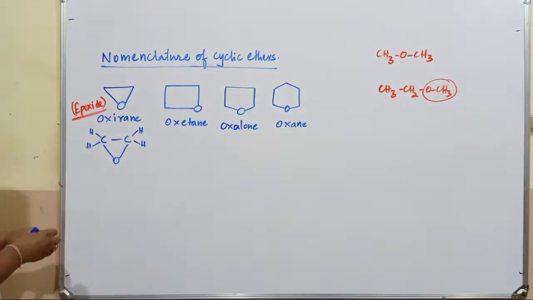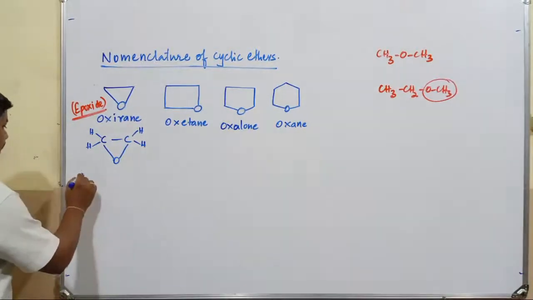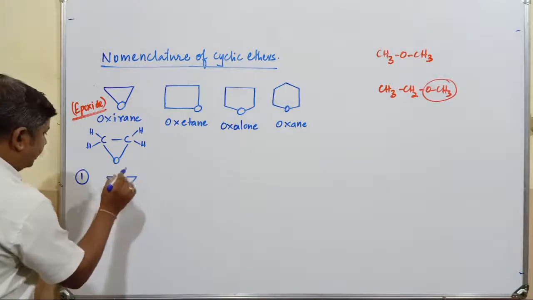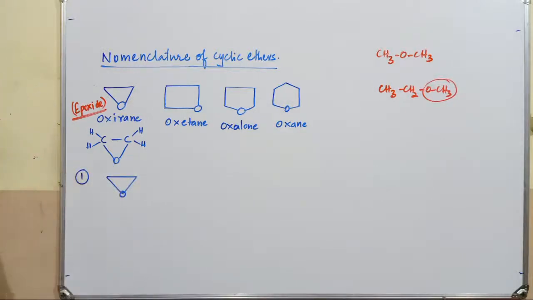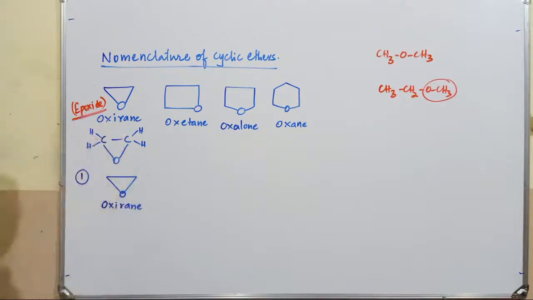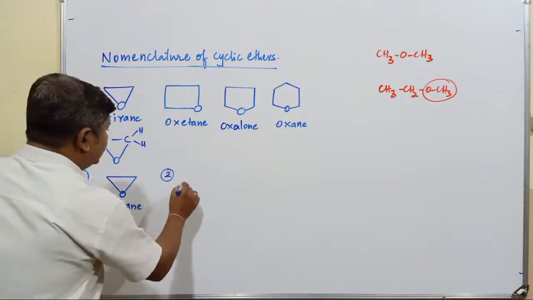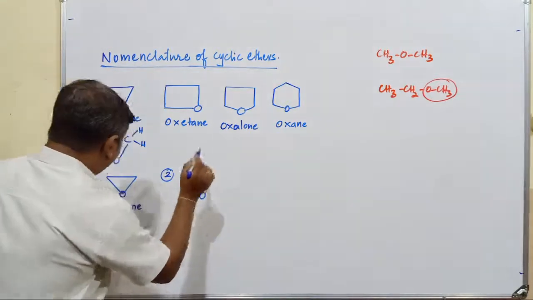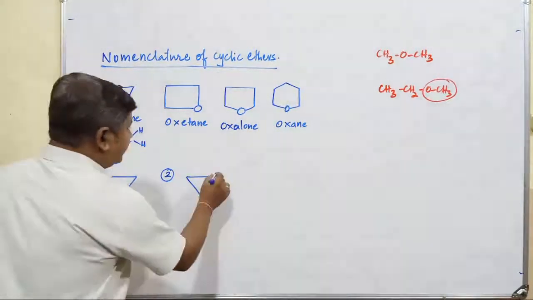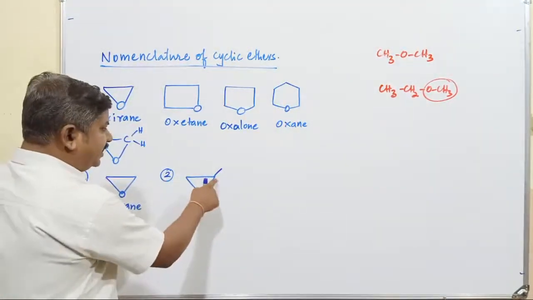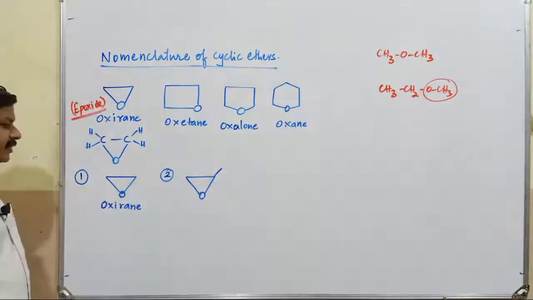First we will go with some compounds. One compound I will take. This is one simple compound. Here the oxygen atom is present. Whenever such an oxygen atom is present in the ring, it is commonly known as an oxirane compound, as I mentioned earlier. It is called oxirane. Next compound: if you are naming on the basis of the oxirane method, one group is present. Here CH2 is there, this is CH and this one is CH3.